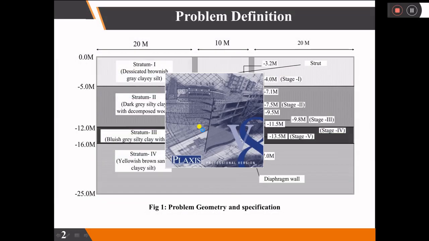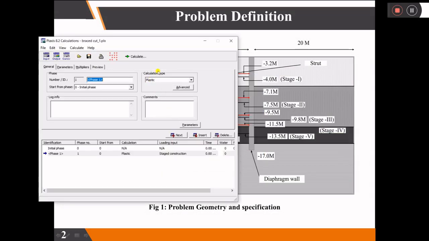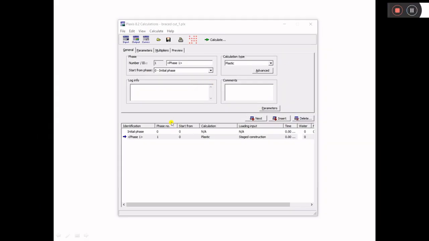Do you want to save? Yes, I want to save it. And you see, if everything is defined in your project, it will automatically transfer you to this calculation box. If there's any error, then it will ask you to rectify the error first. So in this calculation part, you'll have to define the phases of calculation, in what manner you want to construct and in what manner you want to model your problem.